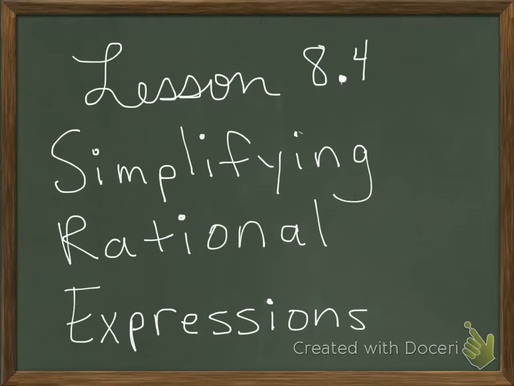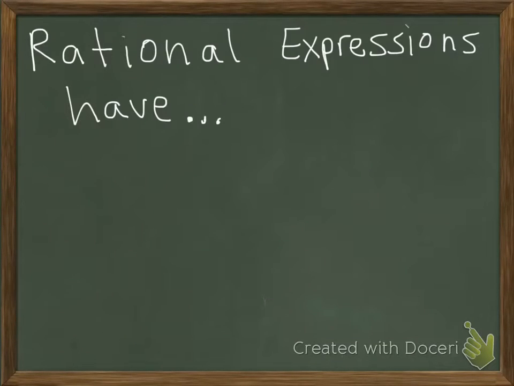This lesson is 8.4, Simplifying Rational Expressions. We're going to talk about how to simplify a rational expression, how to multiply a rational expression, and how to divide a rational expression. The first thing that you need to know is that rational expressions have a numerator